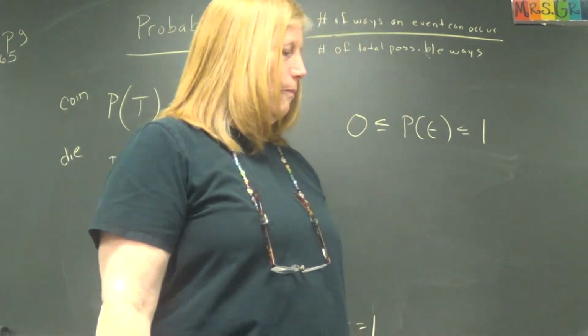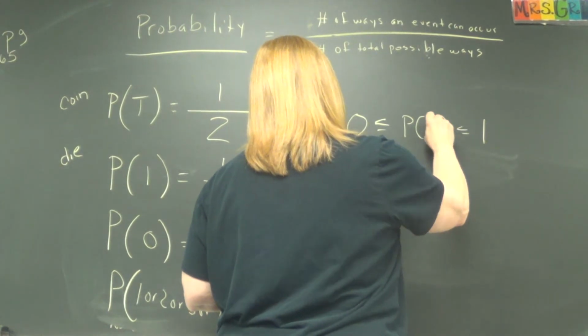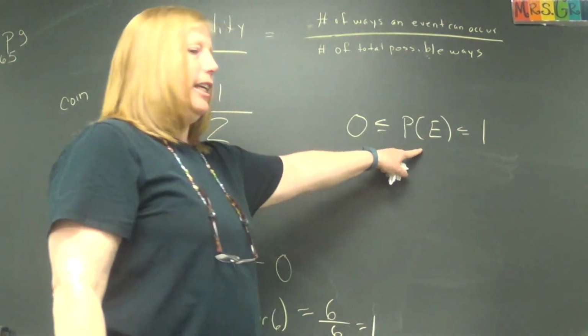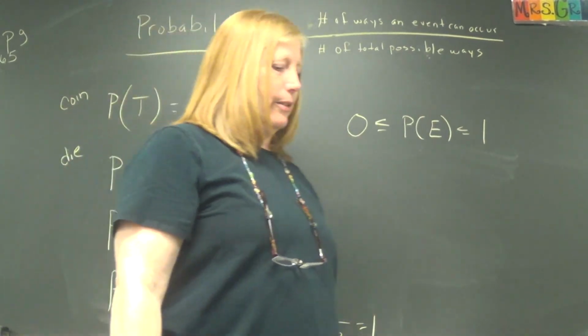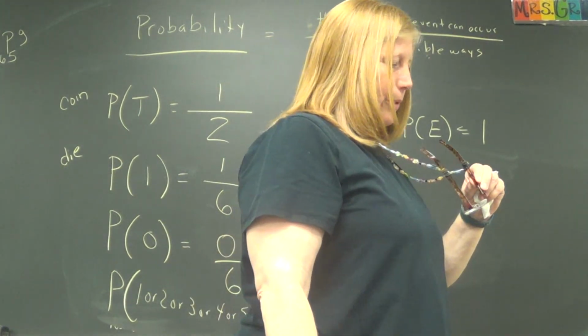What is that letter by P? E, probability of an event. Probability of any event has to be between 0 and 1. All right, so try this one. What's the